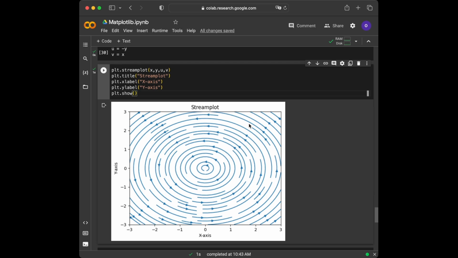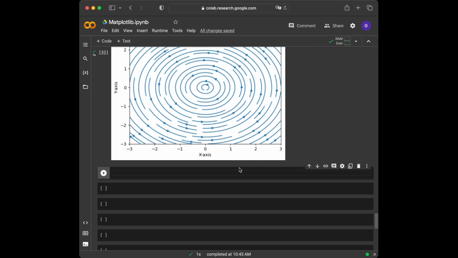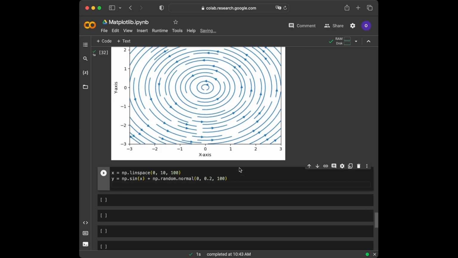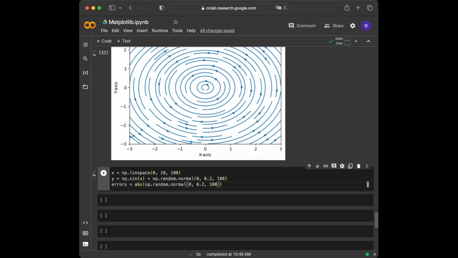As the last one, let's explore the Errorbar plot, which is commonly used to represent uncertainties or error ranges in data. We are going to use the old x and y, but I don't want to write them, so I'm going to make a copy paste here. We are just going to create errors together. Absolute numpy.random.normal 0, 0.2 and 100. Okay, now we are going to create our plot with this. We are going to use plt.errorbar x, y, y errors,